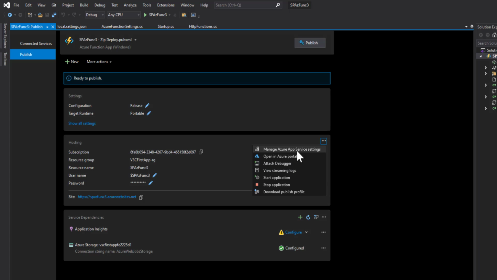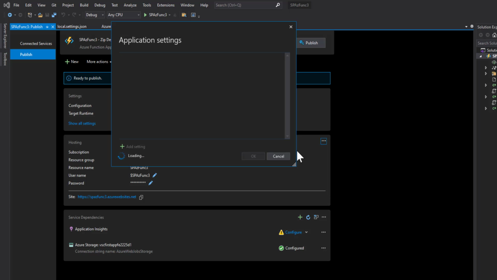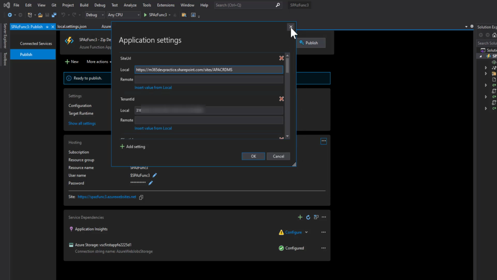I hope you remember there are some settings which we have defined, like client ID, tenant ID, the site URL. We need to update those settings, and those settings also need to be deployed to the Azure function. So click on this manage. Here it will show all the local settings, and you can click this link, insert value from local, or you can enter a different URL.